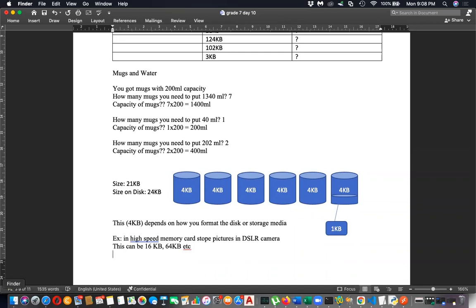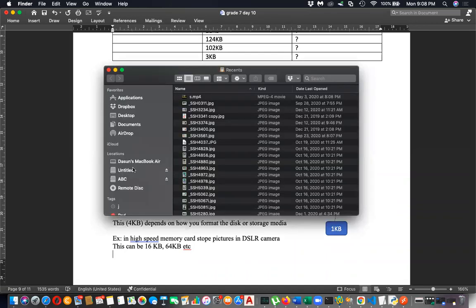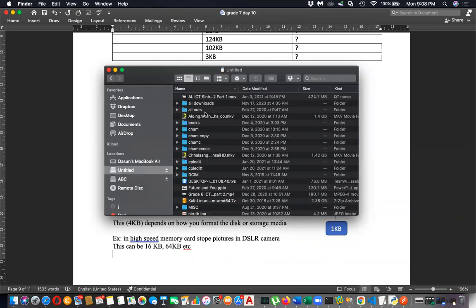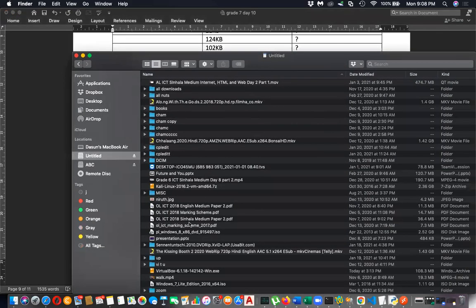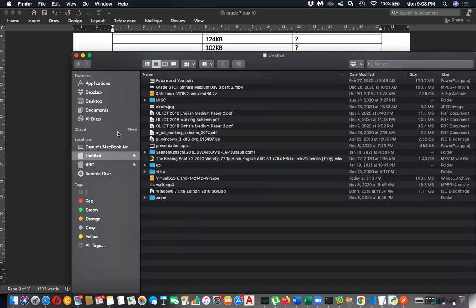So here I'm using a high-speed disk in my DSLR camera. If I create a file here or copy a file which I have created,